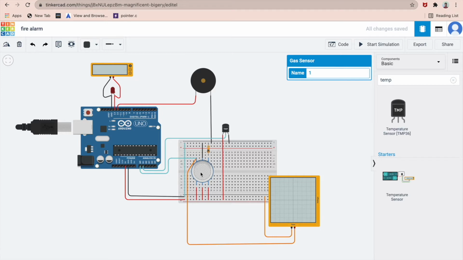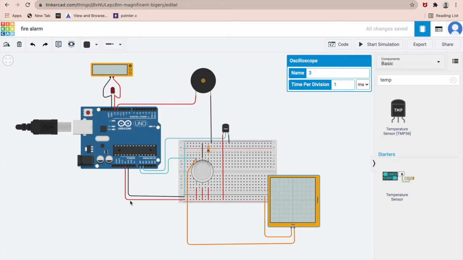Now coming to the other parts of this whole setup, this contains an Arduino board. This is an Arduino board. This is a red LED, and this is a multimeter which is used as an ammeter to measure the current across this LED. Now this is a piezo buzzer, and this is a breadboard, and this is an oscilloscope to measure the output signal across this gas sensor.